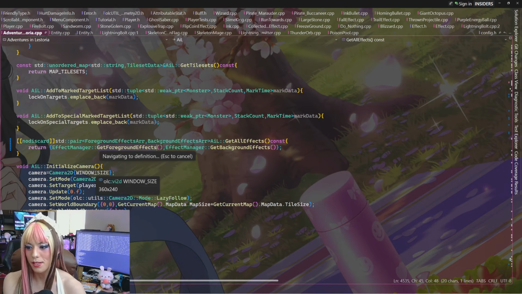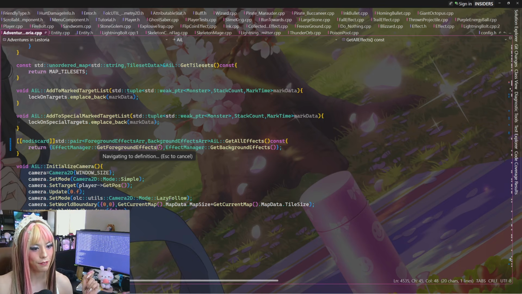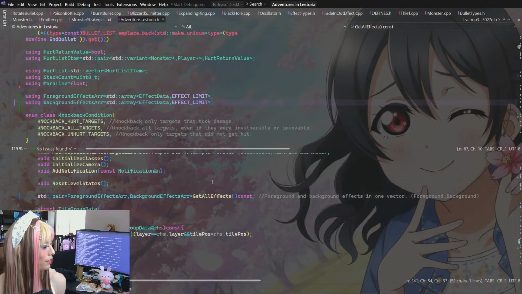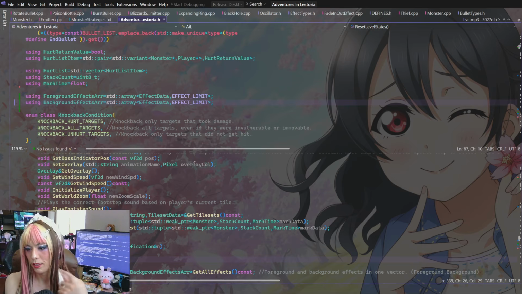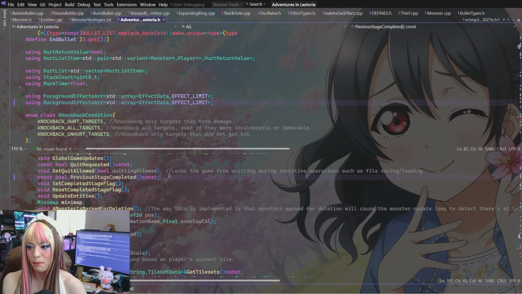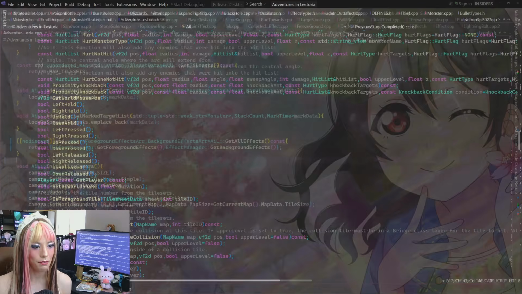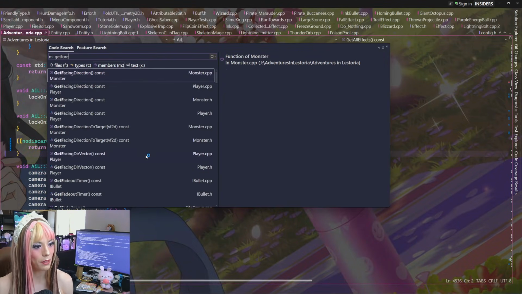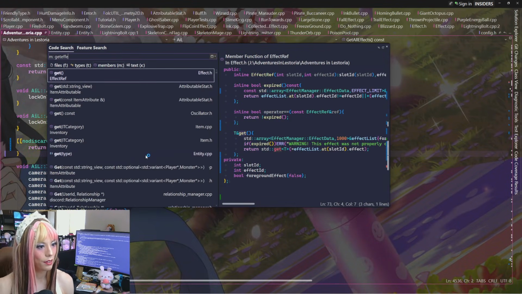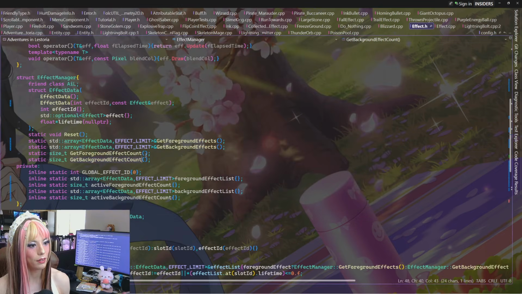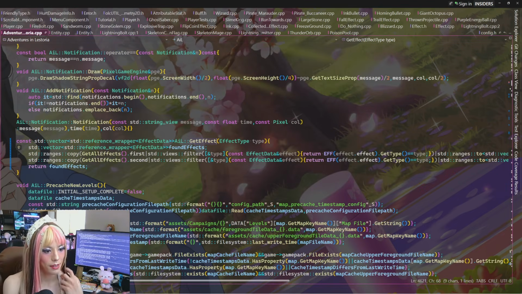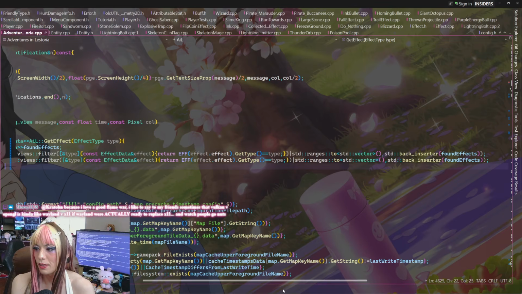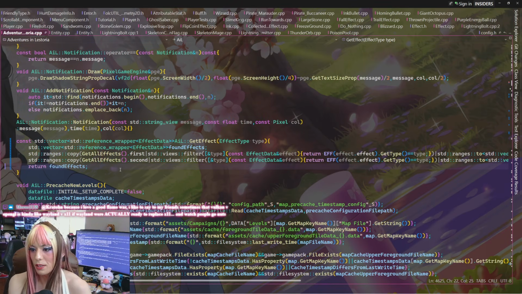I still like trying to utilize the range and view stuff. That's kind of fun. It's a little tricky, but I want to keep trying to use it, to get my brain more used to using them. There's not really any reason, it's just something different, so it's fun to try and make it work. Oops. Get effect. Yeah, I feel like that's probably a good way to do it.